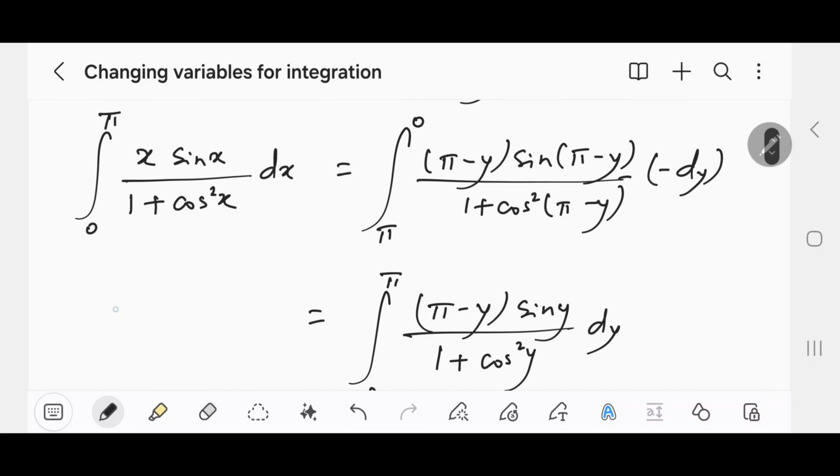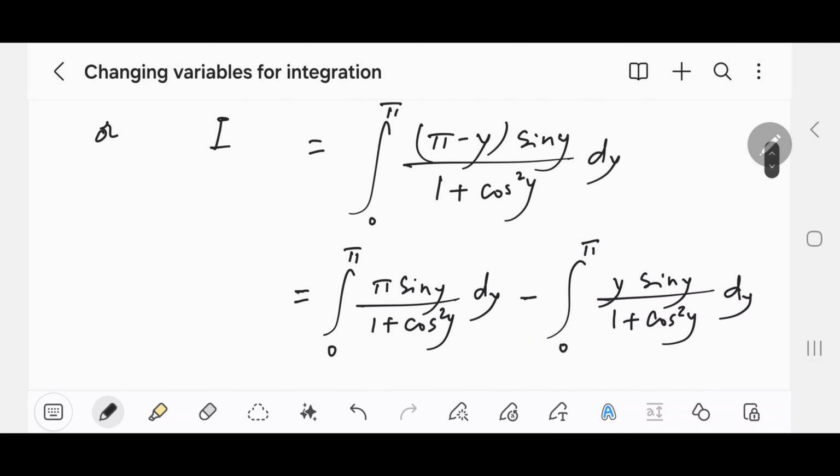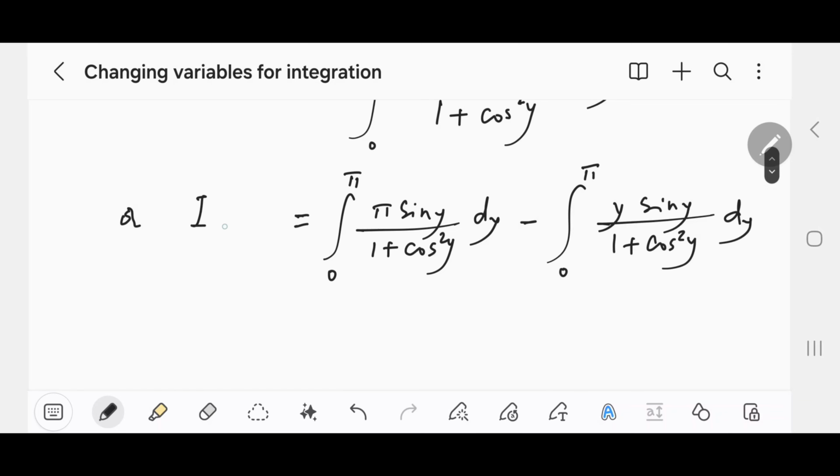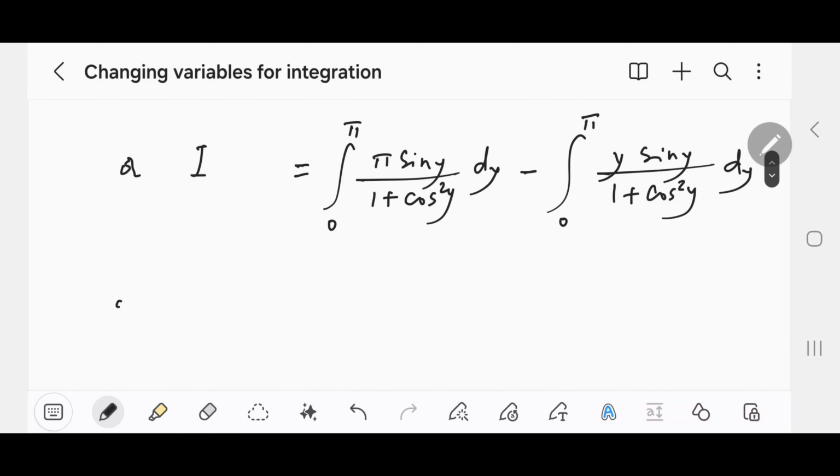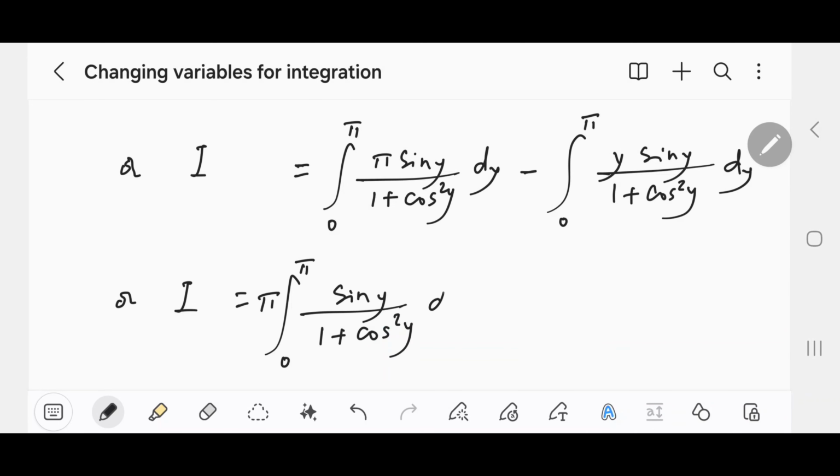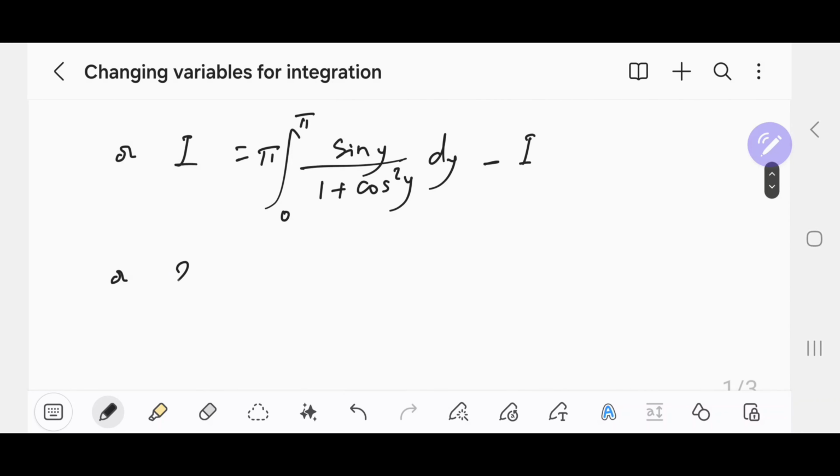If we assume the given integration to be I, then this integration is the same thing as previously given in the question. You can write this to be I as well. Now this will give us 2I equals pi times the integral from 0 to pi